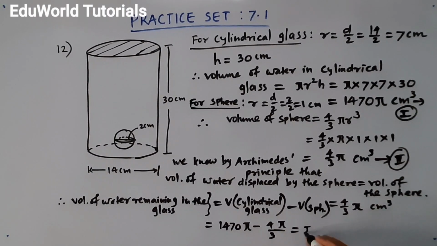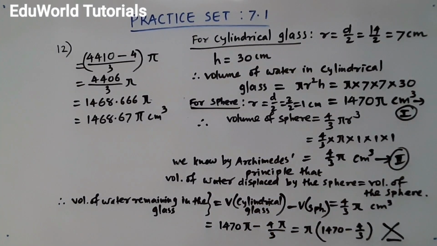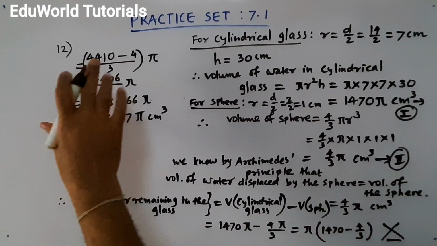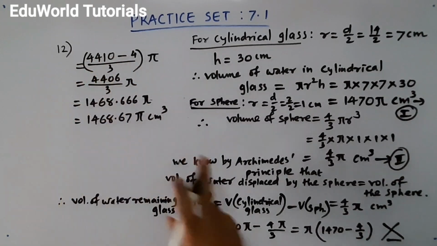Now I am taking pi common. So I have 1470 minus 4 upon 3 left inside. Calculation, we do the cross multiplication. You know how we do it. This way, and this way. So what are we doing? I am just removing a little part of this, and I will write here above the steps. So I have written here, I removed the diagram. Cross multiplying,